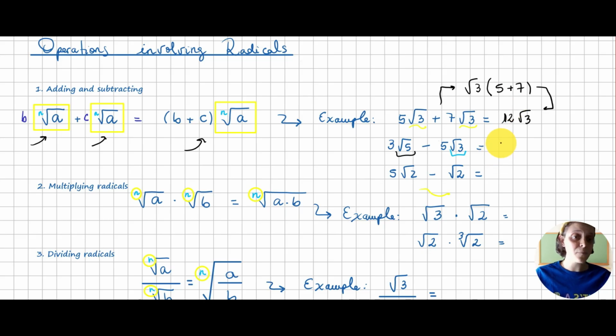Okay? So this is exactly the same. We cannot do anything with it the way it is proposed because we cannot subtract radicals that are different. We have root of 5 and then we have root of 3, different things. And then the last one,